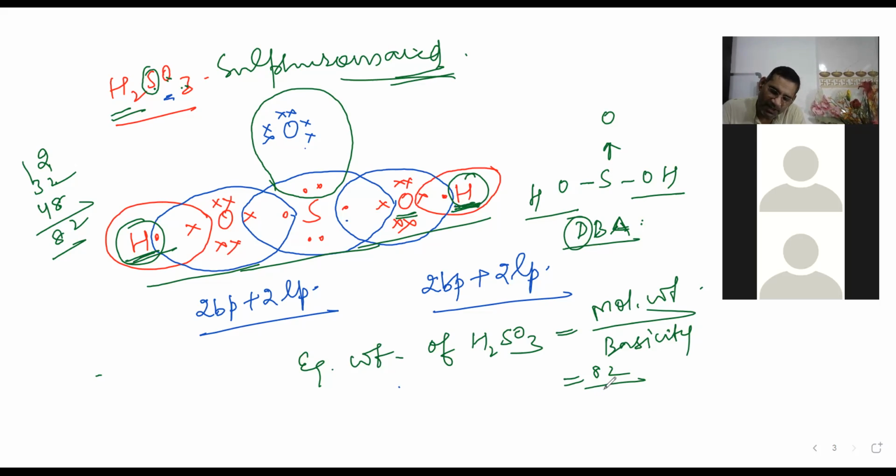So molecular weight 82 will be divided by 2, that would be 41. So the equivalent weight of sulfurous acid will be 41. So in this way you can calculate it. That's very, very important, fam. You should remember this all, and in equilibrium, in almost every chapter, you will be getting this all there,